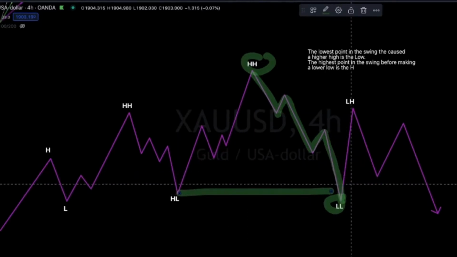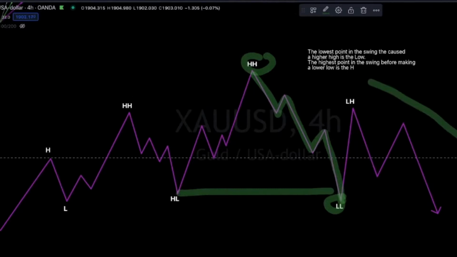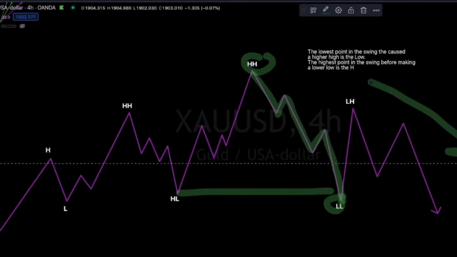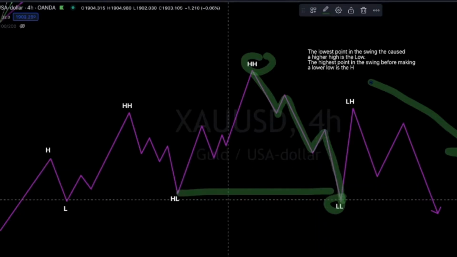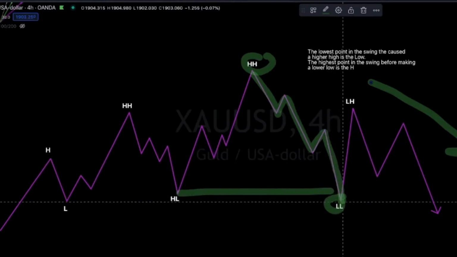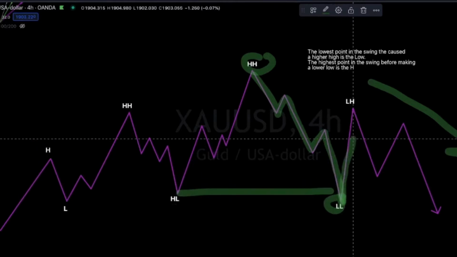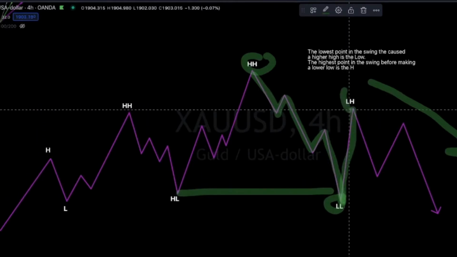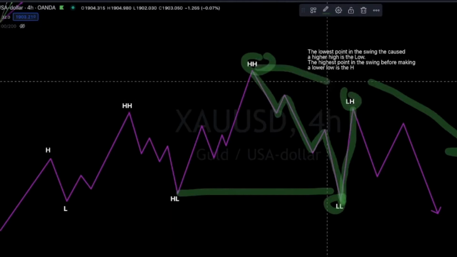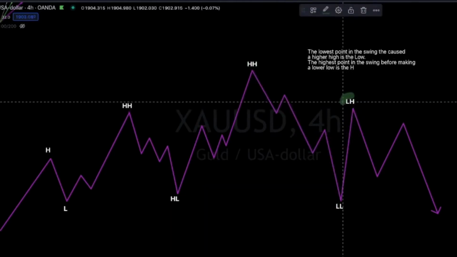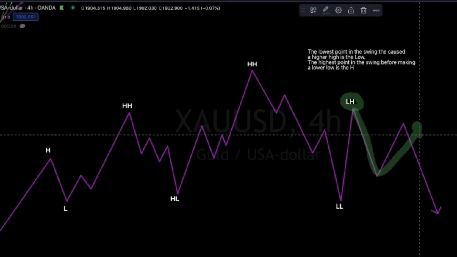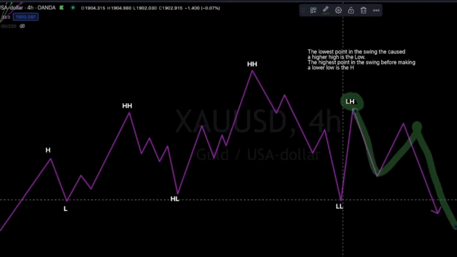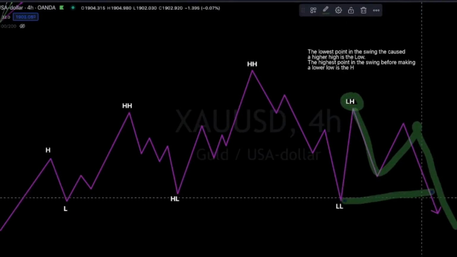Market is now showing that we are entering a what? Bear trend, a downtrend, because it's no longer creating higher lows. It's now creating a lower low. Market retraces, creates a lower high. It's lower than this high, right? From this lower high, market pushes down, retraces, and pushes down and breaks this lower low, which means we are